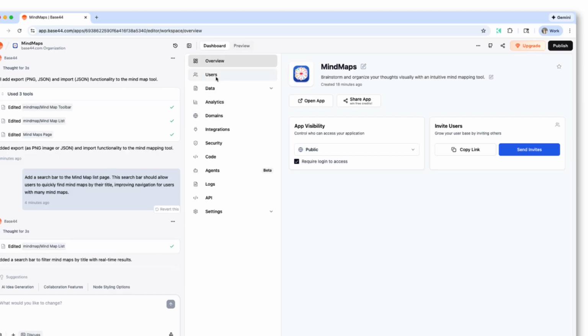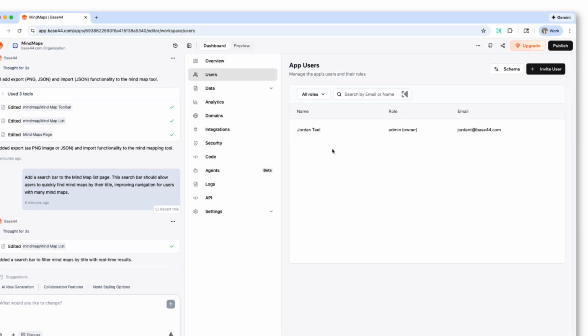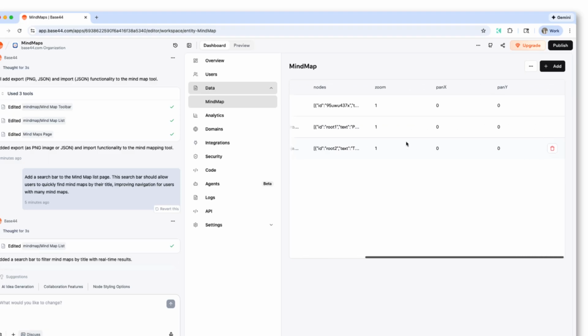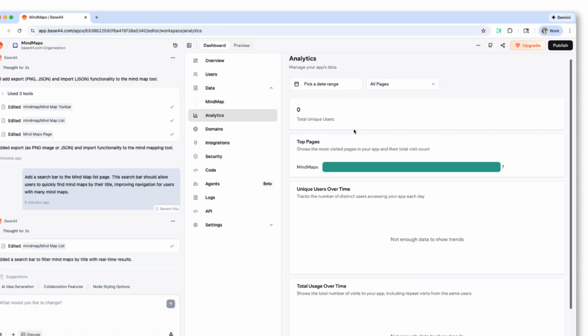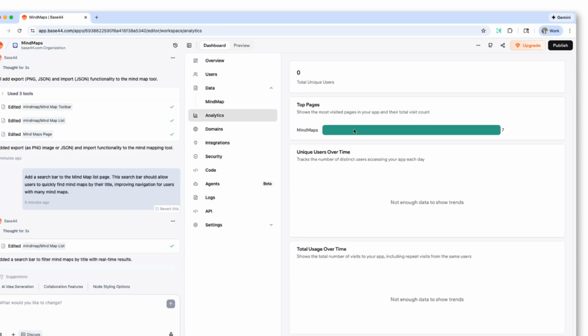Speaking of users, the user page will allow us to see all current users of your app as they sign up. Then we have data. With Base44, the database is built in, so you don't have to connect any other third-party services. All data that's added will be securely stored inside your app and accessed here if needed. Analytics will show data about users, top pages, and give you helpful insights to keep track of your app's usage over